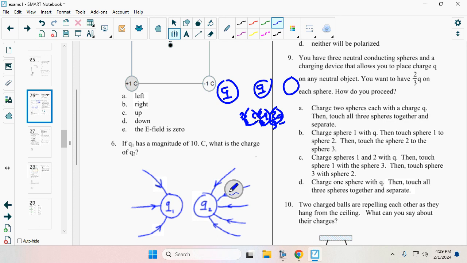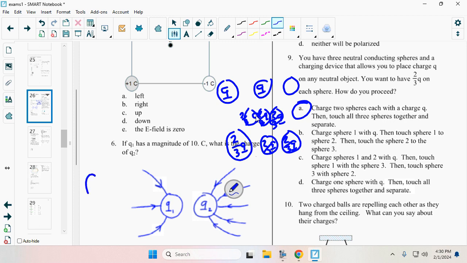I had two Q on two objects. I bring them all together, and it splits up that 2Q. I want to take them back apart, Q on each one. So A is the right answer. And none of the, so for example, if I